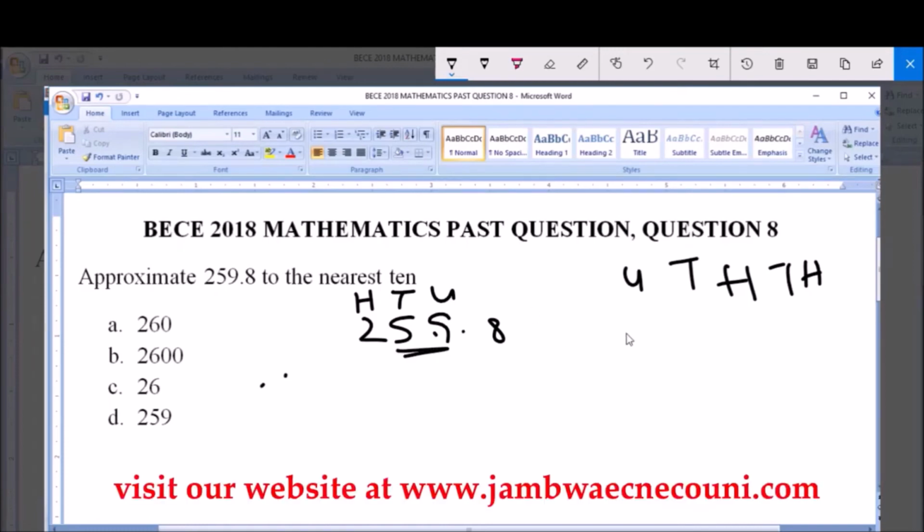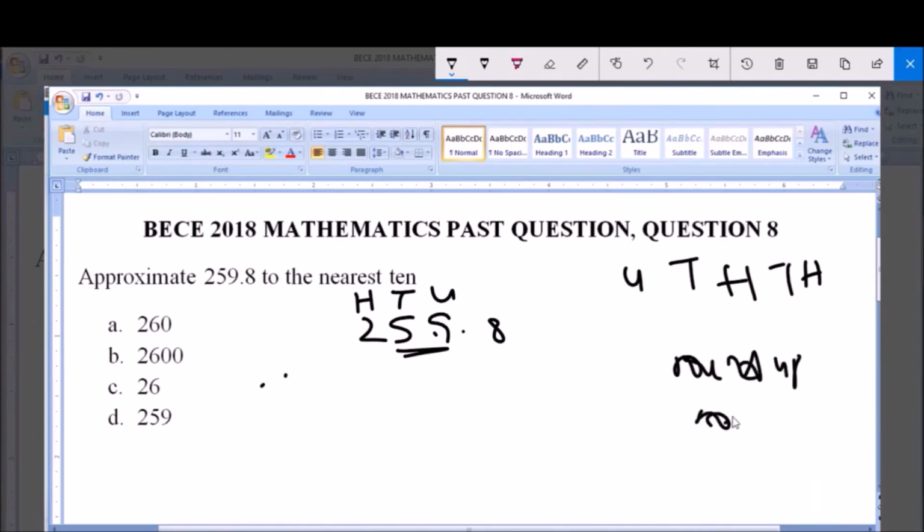And we know that in doing approximation, we either round up or we round off. Now what do we mean to round up? To round up simply means moving to a higher 10 or to a higher 100. Take for instance, you have something like 46, and you have to round up this 46. What will happen? You have 50. This is because